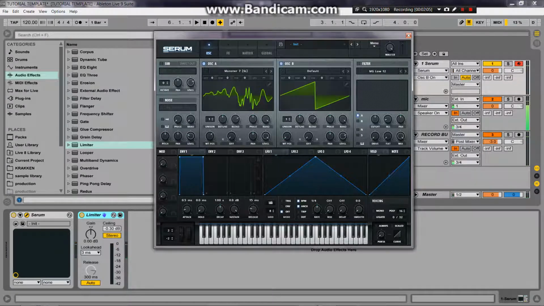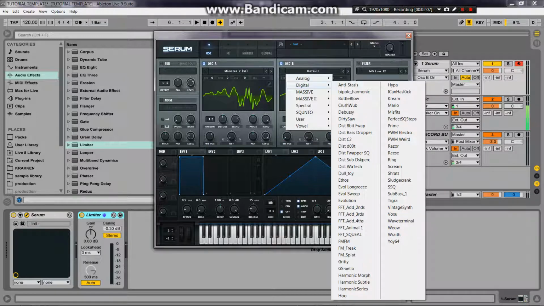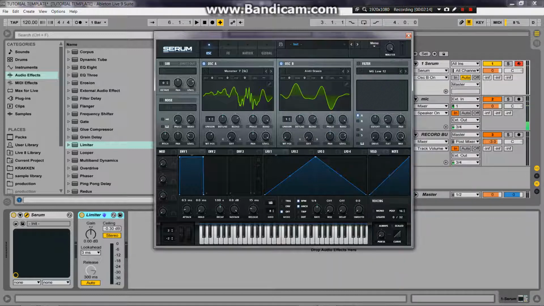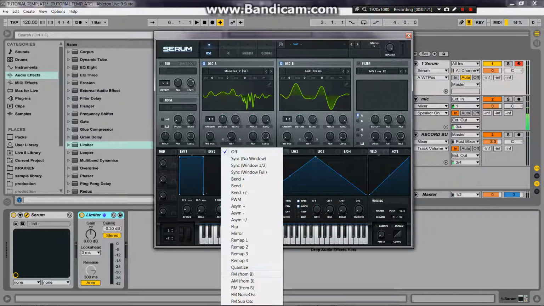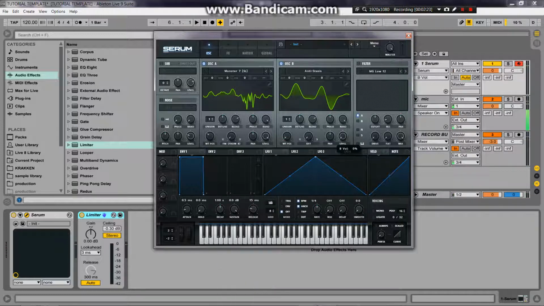So we talked about FM last week. When you're using more complex things like wavetables and FMing them, you've got to be a lot more careful with, you know, generating noise and stuff. But this is a pretty good patch that I have pretty dialed. So the straight wavetable, then we're going to choose FM from B. So now this oscillator is all the way down, and it is FMing the Monster waveform. So we've got no sound coming out of oscillator B, but when we bring up the FM,